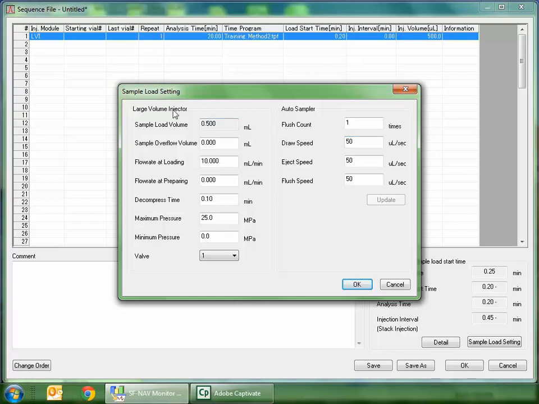For the large volume injector, however, we will change them depending on the injection size. As you can see, the injection volume is brought down from the sequence table. 0.5 milliliters is our injection volume. Down below, our sample overflow volume, of course. We don't want to overflow any extra sample, so we leave that as 0. Our flow rate at loading is the flow rate at which the pump will flow into the loop. It is recommended that you use the flow rate twice that of the injection volume, so in this case 1